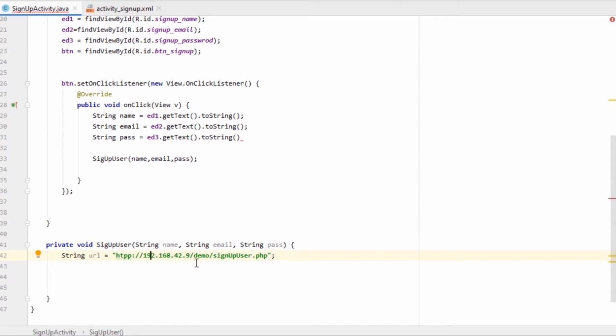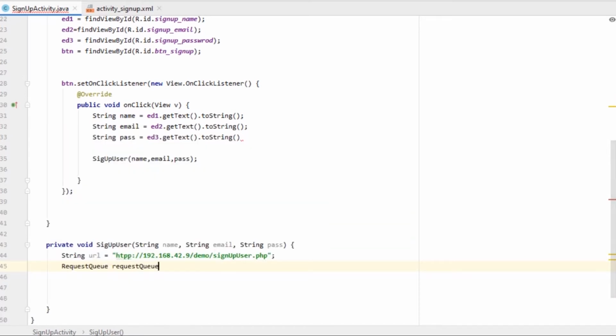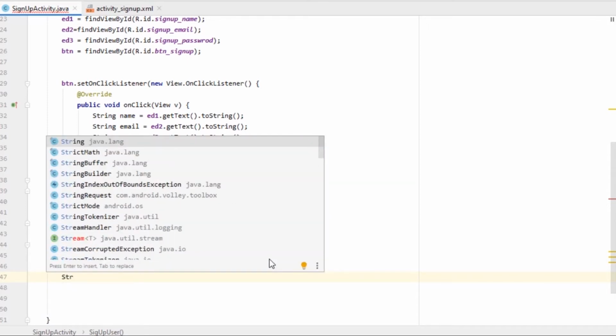In that htdocs folder, you'll have a folder called demo, and inside which you will create a signup.php file, right? So that's how you get the URL. Now we'll need a request queue equals to Volley.newRequestQueue, and we'll pass context this as context, and we'll now need a string request